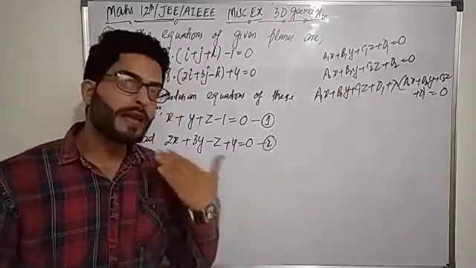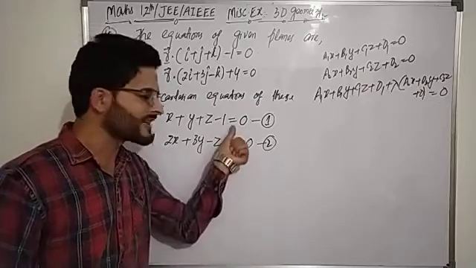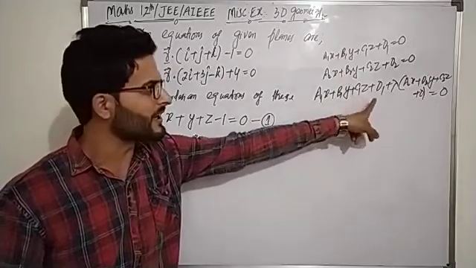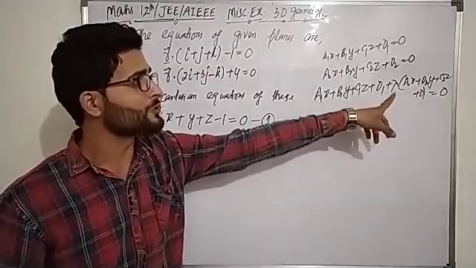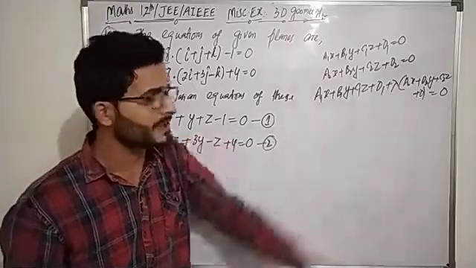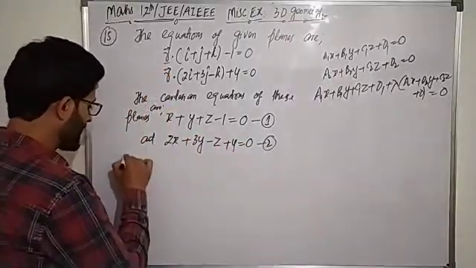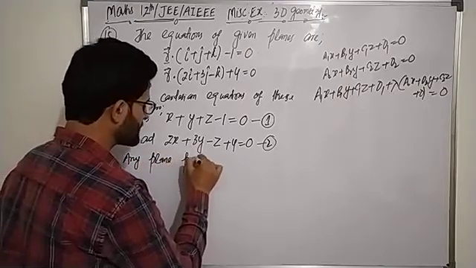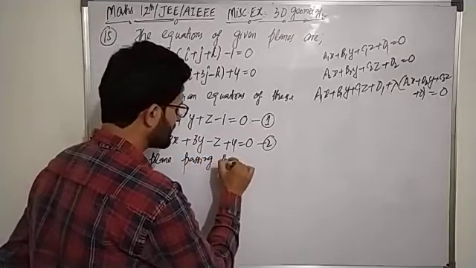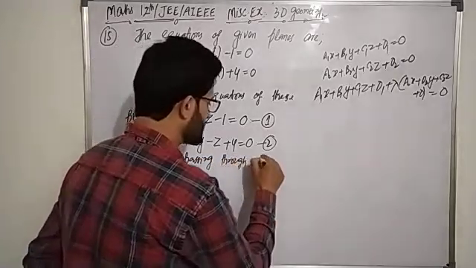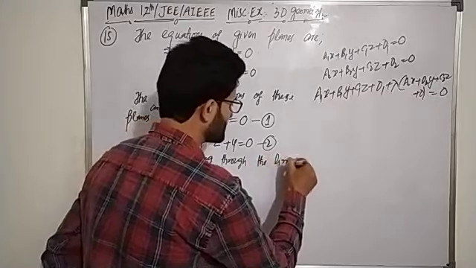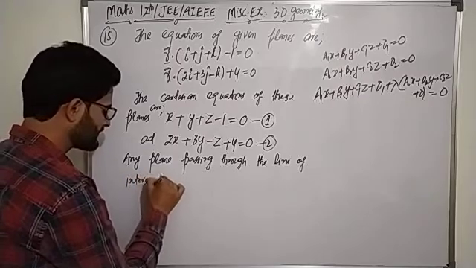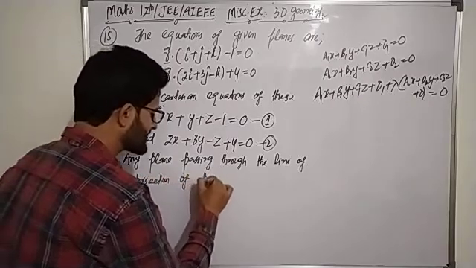Now the equation of any plane which is passing through the line of intersection of planes first and second must be of the form a1x plus b1y plus c1z plus d1 plus lambda times (a2x plus b2y plus c2z plus d2) is equal to 0. So any plane passing through the line of intersection of planes first and second is